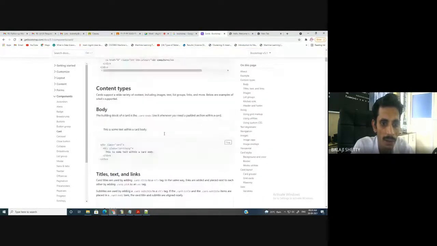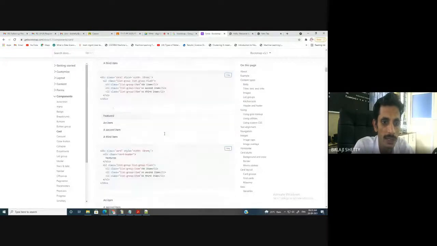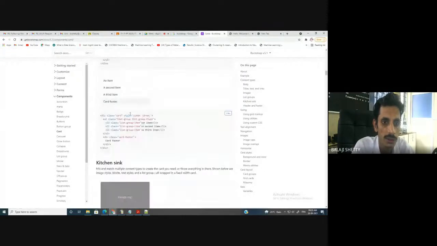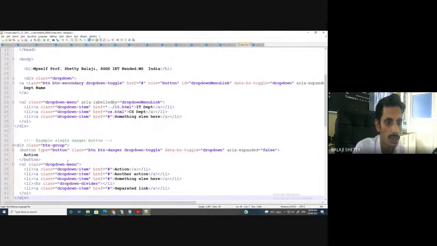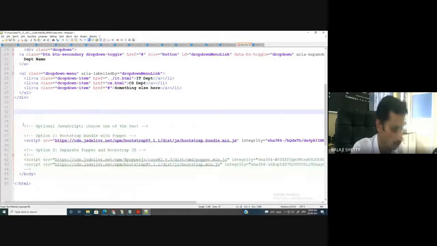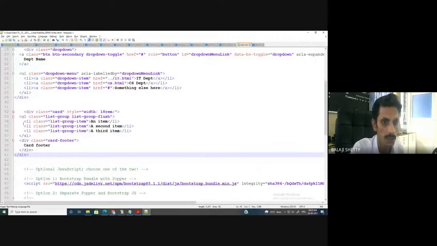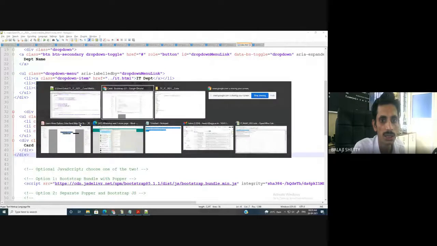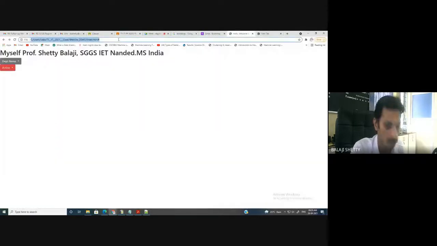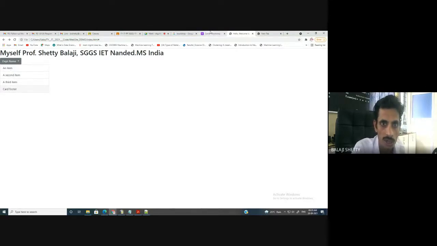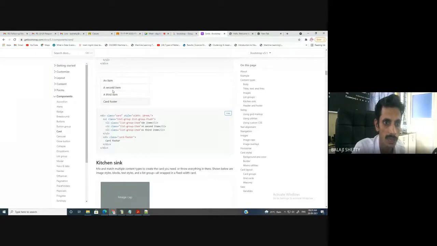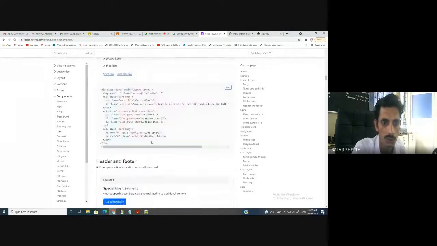आता तुम्हाला कार्ड आहेत पहा, तुम्ही जे वेबसाईट मध्ये पाहता ना various cards, these are the different cards. Okay, just copy this code. Okay, I just remove this, Control Z, Control V, Control S. Okay, and you can see the changes here. See, these are the output that you have got. Okay, these are cards, an atom, second atom, third atom, and here you can write the code in this. So you can have lots of things.